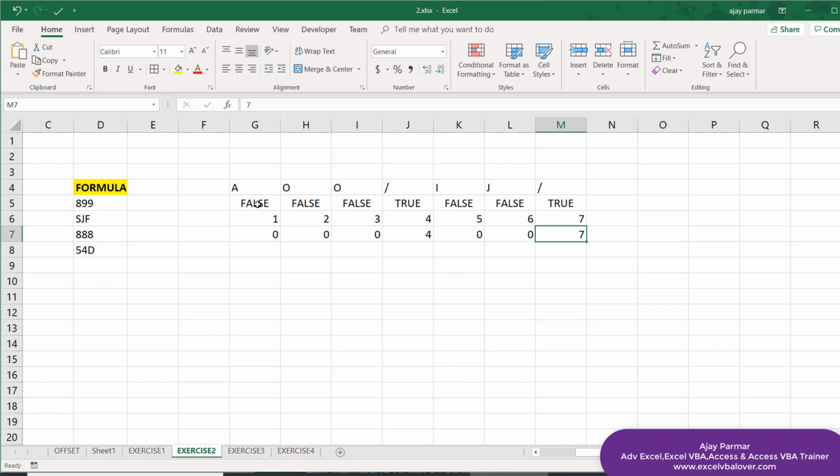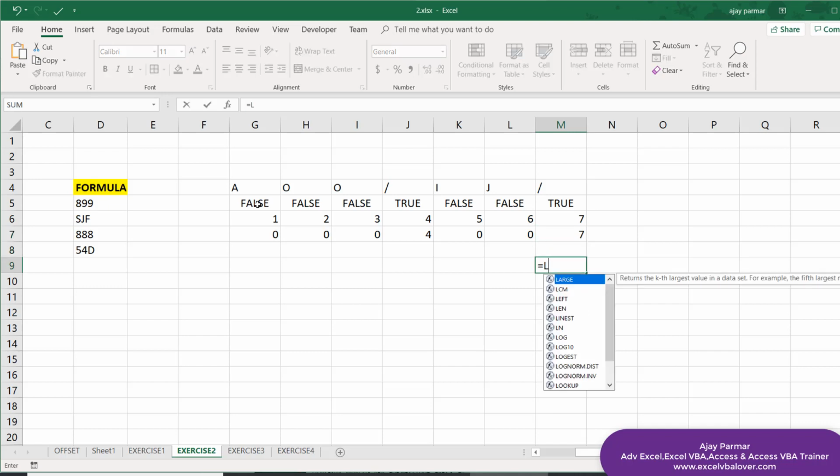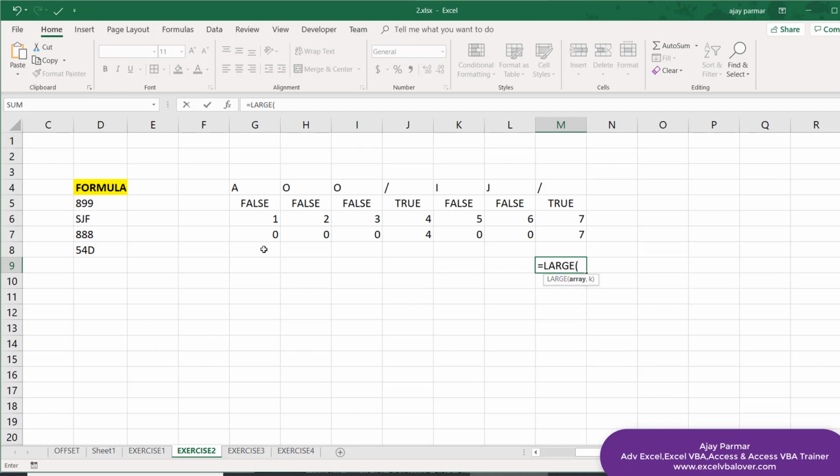Now ultimately what we have to do, because I have to extract the number after the last backslash, I will go and find out the position of the last backslash, and that we can do simply by using the large function. In the large function we have this privilege that we can find out the maximum number. You can also use the max. That's okay. So in this case I select this complete array, and here I will say that the kth element is 1, because I need the first largest number, and finally you will be able to see the 7.